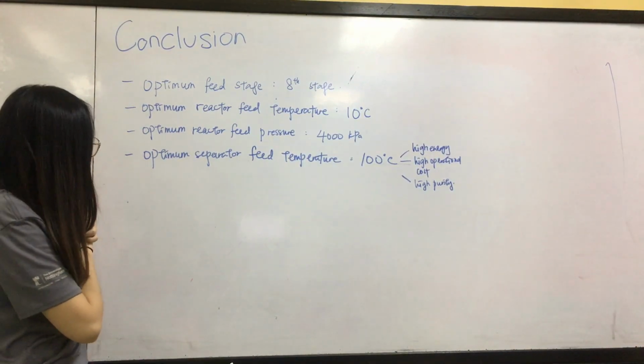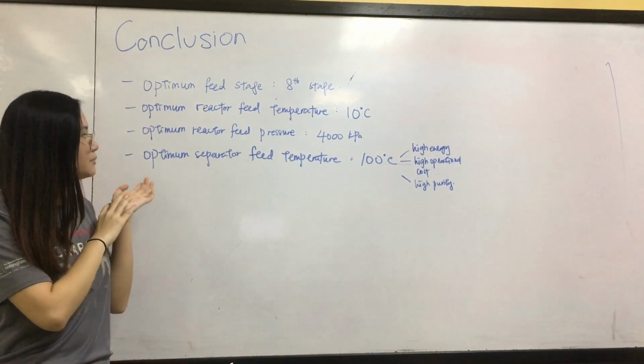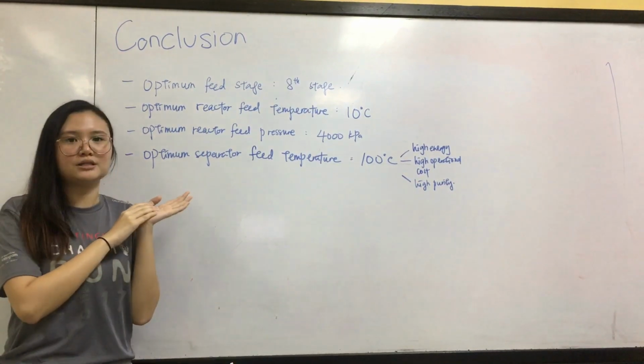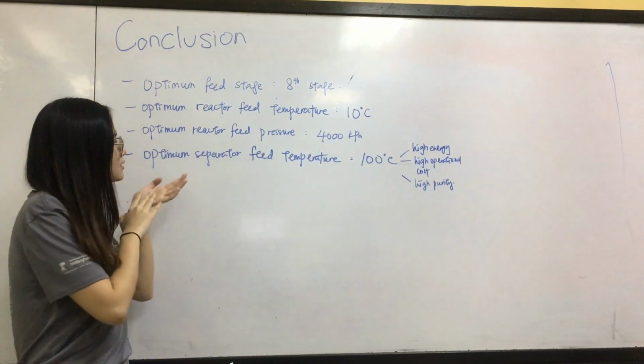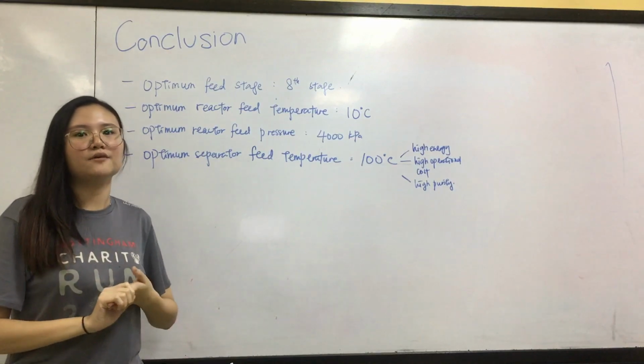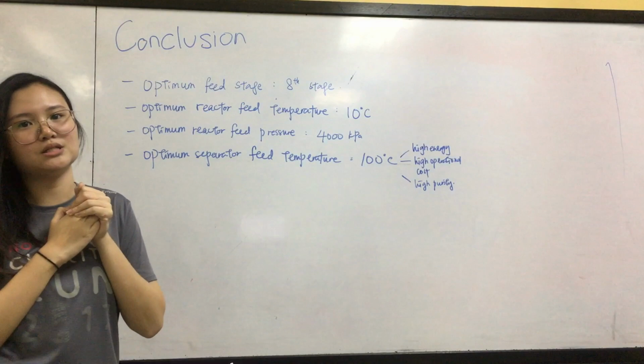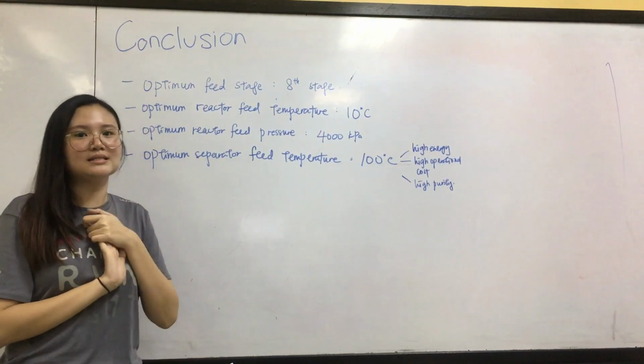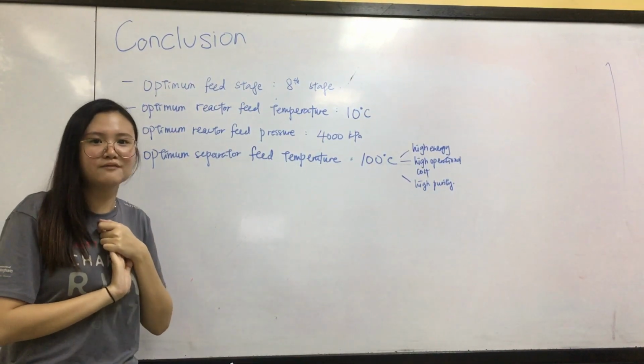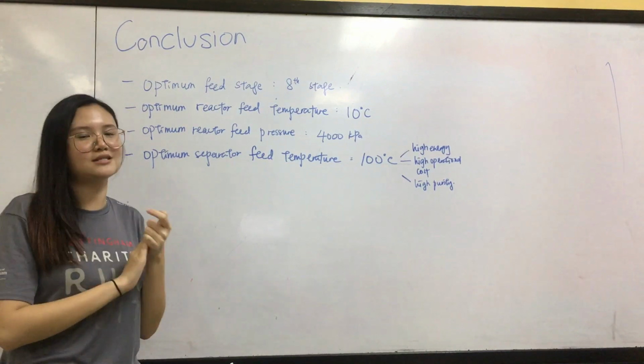The last one is the optimum separator feed temperature at 100 degrees Celsius. This temperature is the ideal temperature for the separator to achieve the highest purity of methanol, which is 97.69%. However, higher energy is required at higher temperature, and thus the operational cost